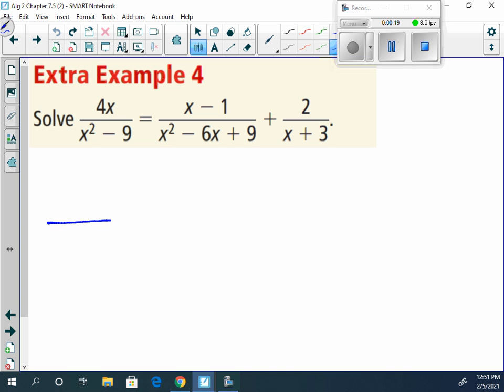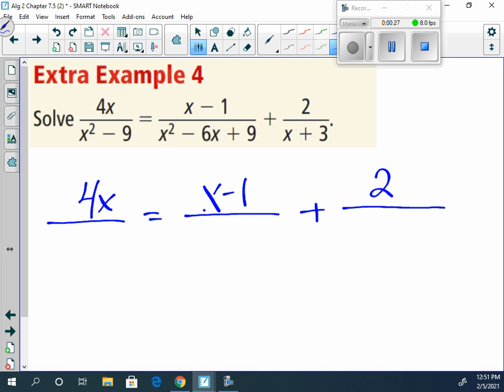Now, when we look at any of these here for solving these rational equations, we really want to simplify out the denominators, because if I can simplify the denominators, it's going to make them a little bit easier to work with, because we don't have to work with fractions. Now, the x plus 3 is fine, but if we look at these here, x squared minus 9 and x squared minus 6x plus 9,